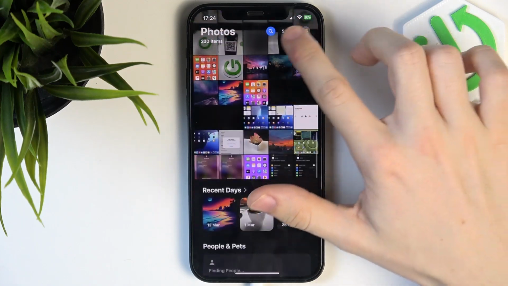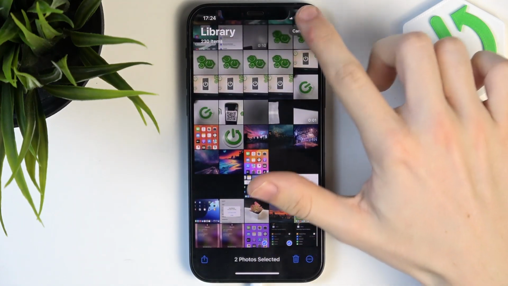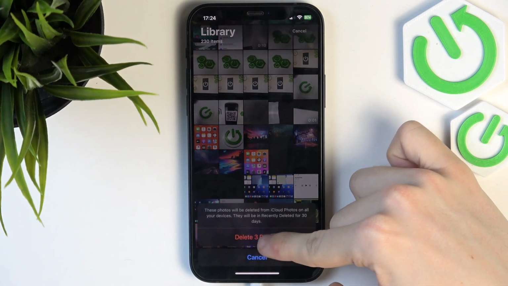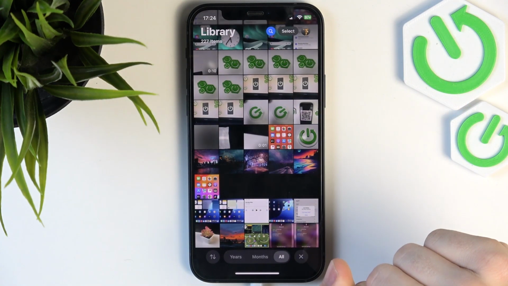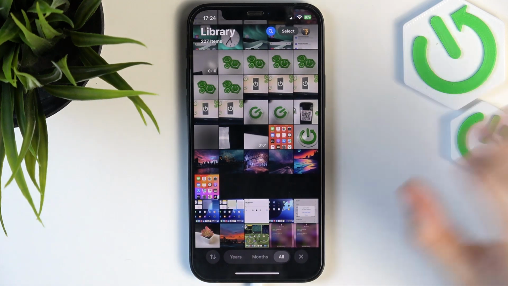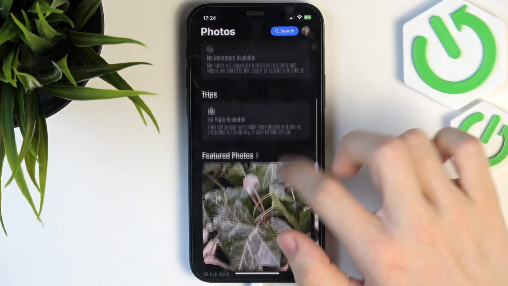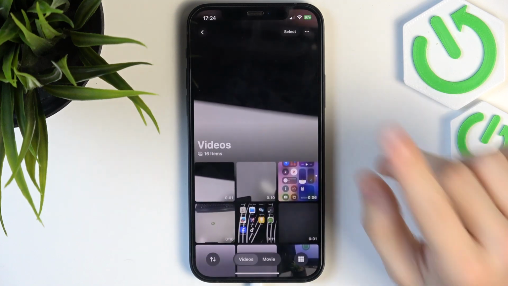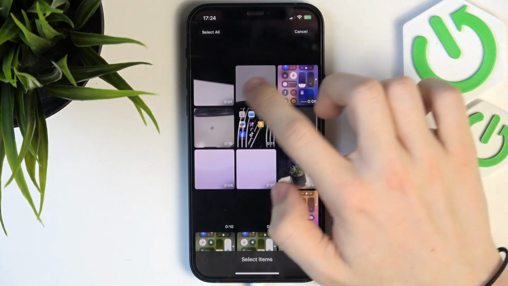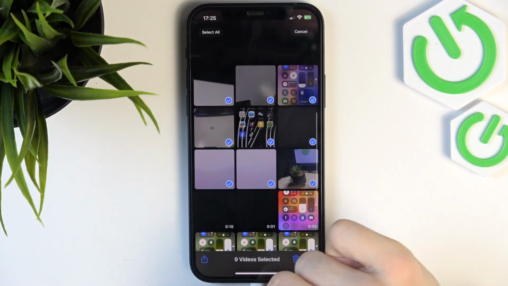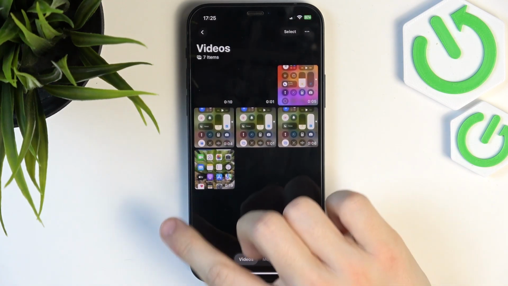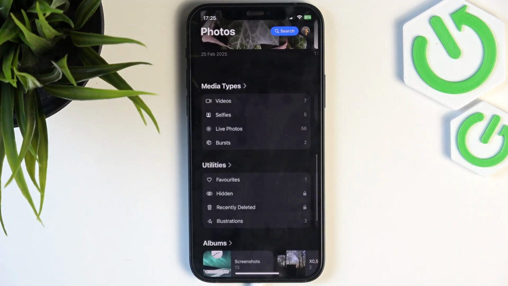So you can just either delete some certain photos by clicking on select, then selecting them and deleting them. Of course, a few photos won't really free up your storage, but if you have a bit more photos, then they surely will free up some storage, and especially the videos. The videos take up the most of storage, and you can go into that, select the videos that you don't need. You can see that I have lots of videos that aren't needed. I can just delete them, then go back, and as I delete it that way, it's not yet freed up my storage,